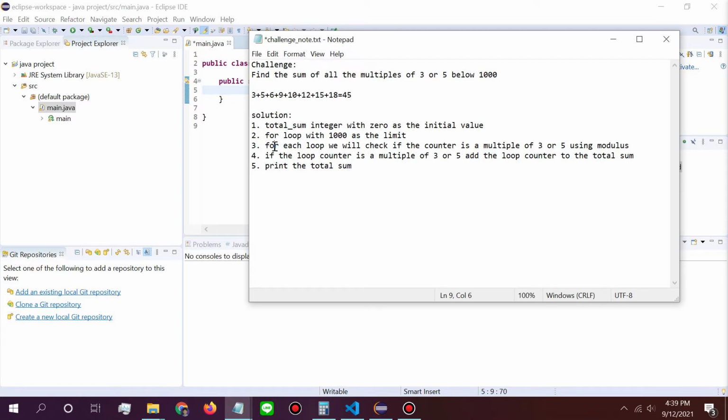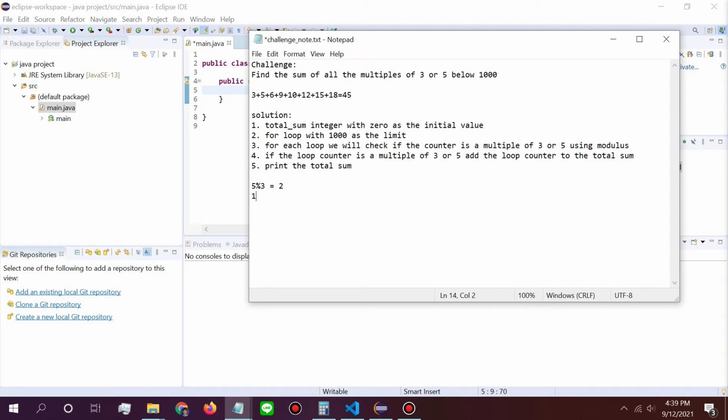First, I'll explain what a modulus operator is and why it's so important for this challenge. So, the modulus operator gives the remainder when dividing. For example, 5 modulo 3 is equal to 2, which means 2 is the remainder when you divide 5 by 3.